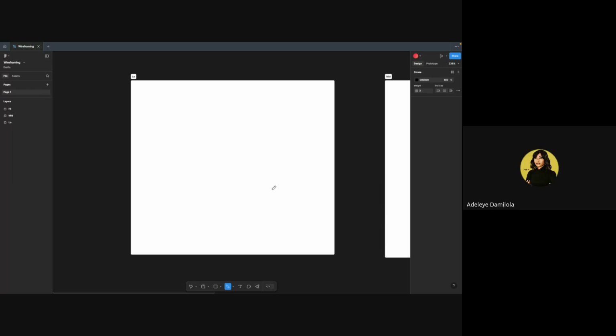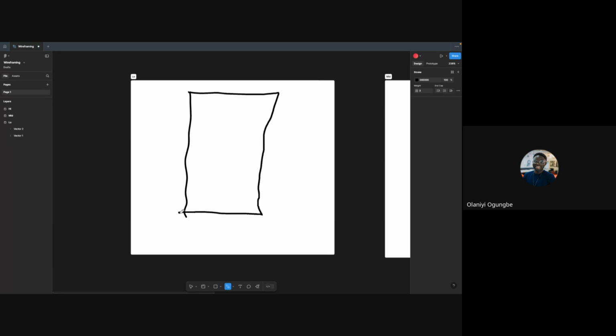Login page. School logo. Phone number. Since what we are doing is like a mobile app, I'm just going to do this. That's supposed to be the logo, or better still, let me just write logo inside. Okay, I did this one. This thing is too thick. Let me reduce it to 1. Like I said, the low fidelity doesn't actually need to look beautiful.